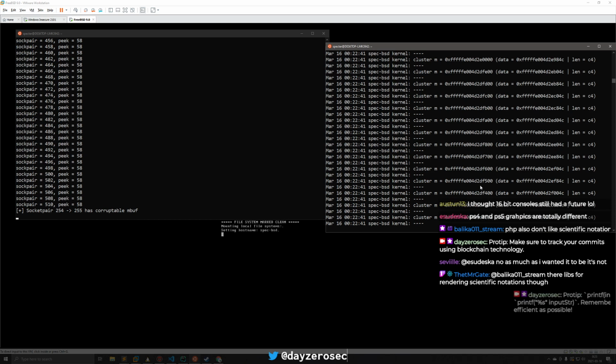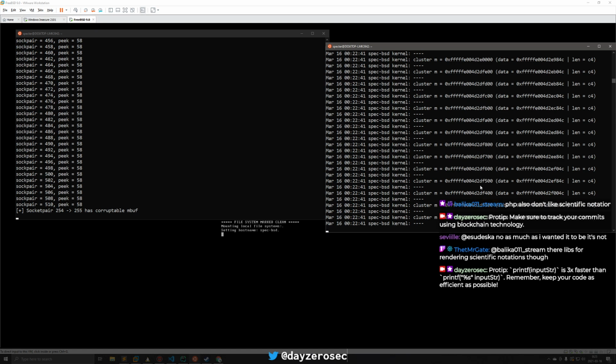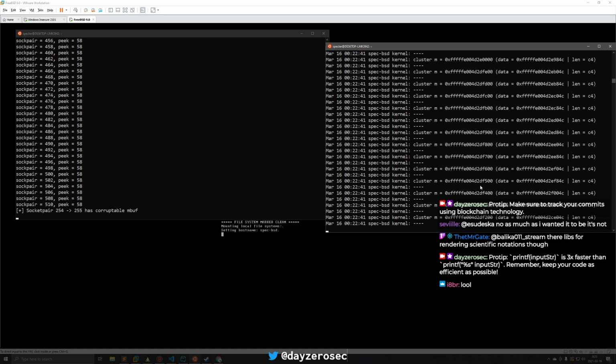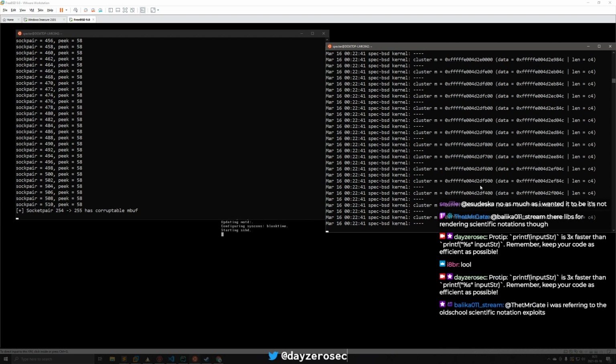CFI does nothing against data only attacks. Whereas memory tagging would foil data only attacks because if you try to forge pointers to data or something, you need to be able to leak the tag or you're screwed. So I'm a lot more worried about memory tagging than I am about shadow stack. Put it that way.